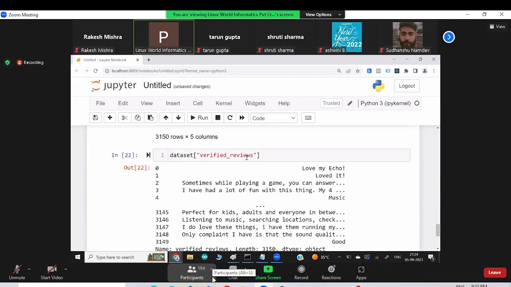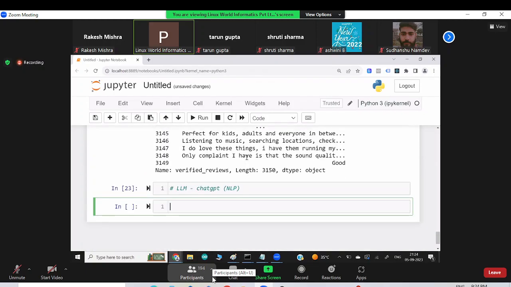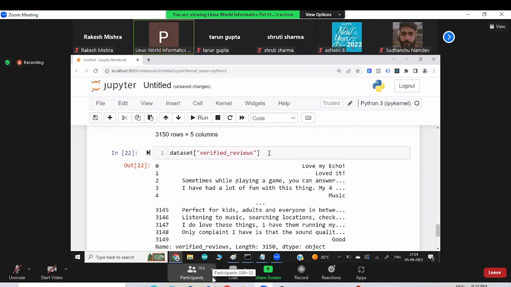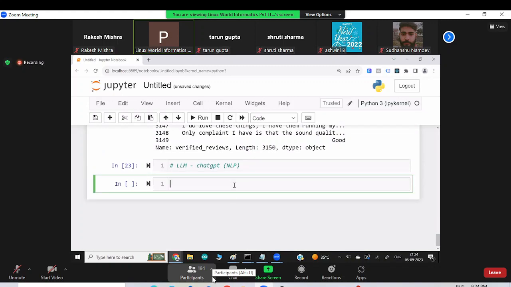Whenever you have data in the English language, we have to use NLP skills so that the machine can understand. But before we use NLP, let's do something on this data. I'm doing some very basic operations on this data. So let's say this is the entire data.